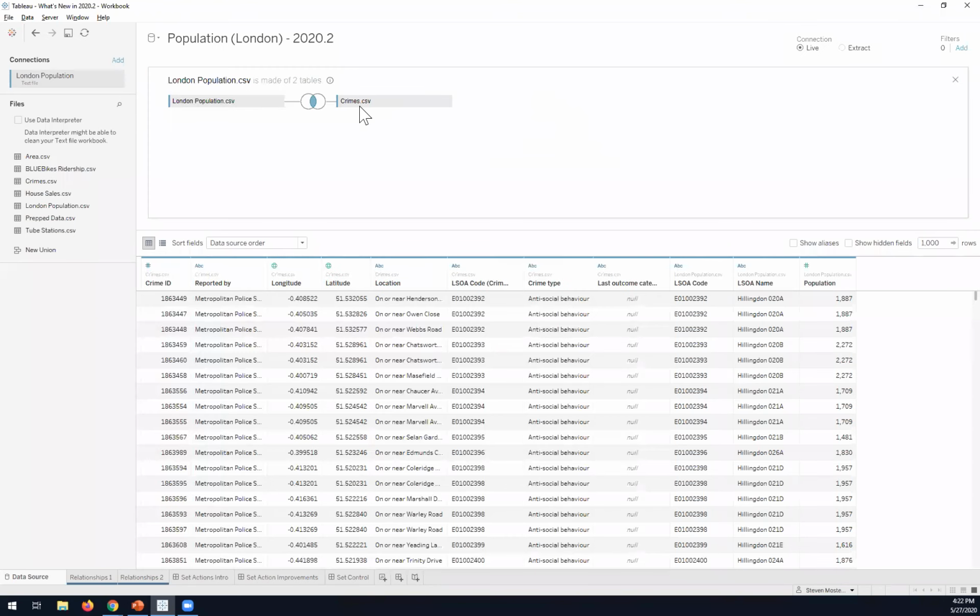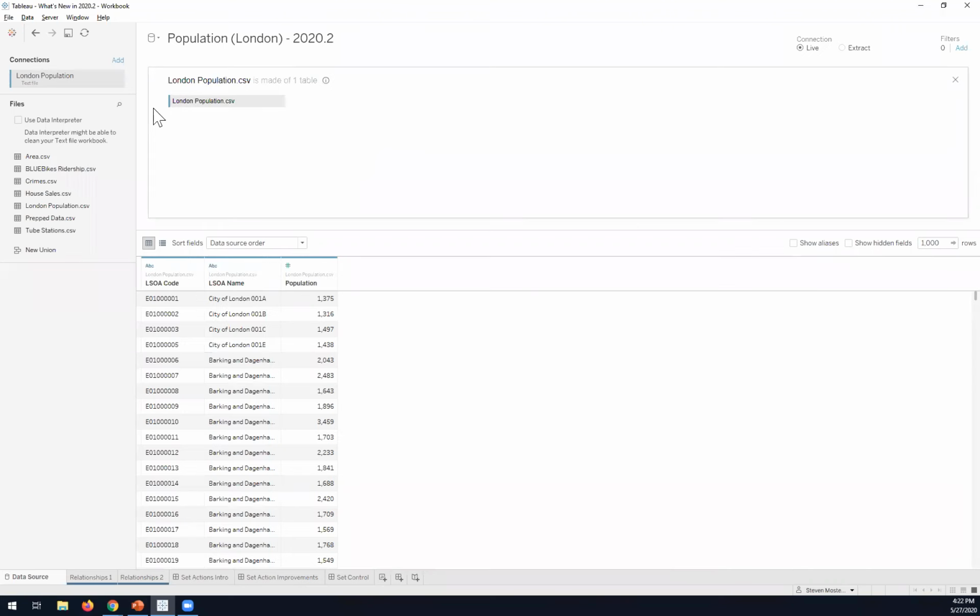I think what it does is in the higher level, what's called the logical layer, it creates migrated data. It's just called migrated data. And then you have to double click to get into what you're showing now, that physical layer of the literal join. Yeah, exactly. You're in the deeper layer right now. You're in the normal layer. So when it comes up like this, you'll see your data source as a single button or a box like this. If you double click on that, you'll see the classic version of how it was joined.